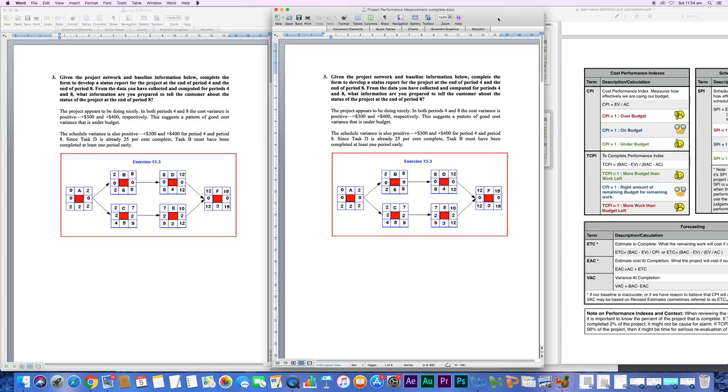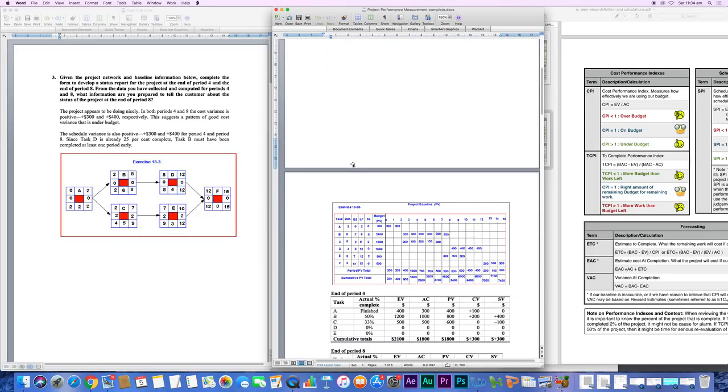Task 3 reads: given the project network and baseline information below, complete a form to develop a status report for the project at the end of period 4. It's very important to realize what period we are looking at. Obviously, this project lasts up to 15 periods, and we are looking at the status report at the end of period 4 and the end of period 8. From the data you have collected and computed for periods 4 and 8, what are you prepared to say to your customer? So that's the network,